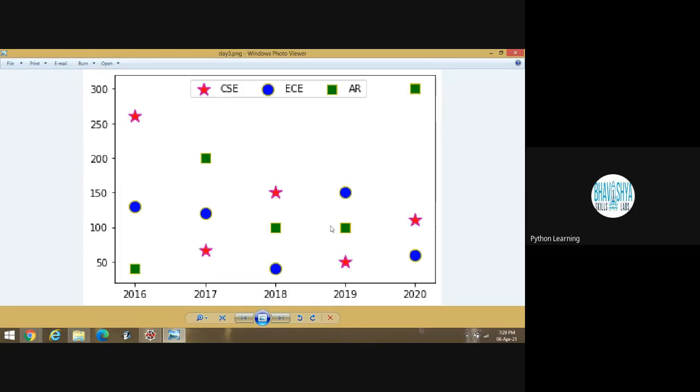In 2019, admission in ECE is more than admission in computer science, and in between, automation and robotics is there. In 2020, admission in automation and robotics is higher. You can clearly explain this content.